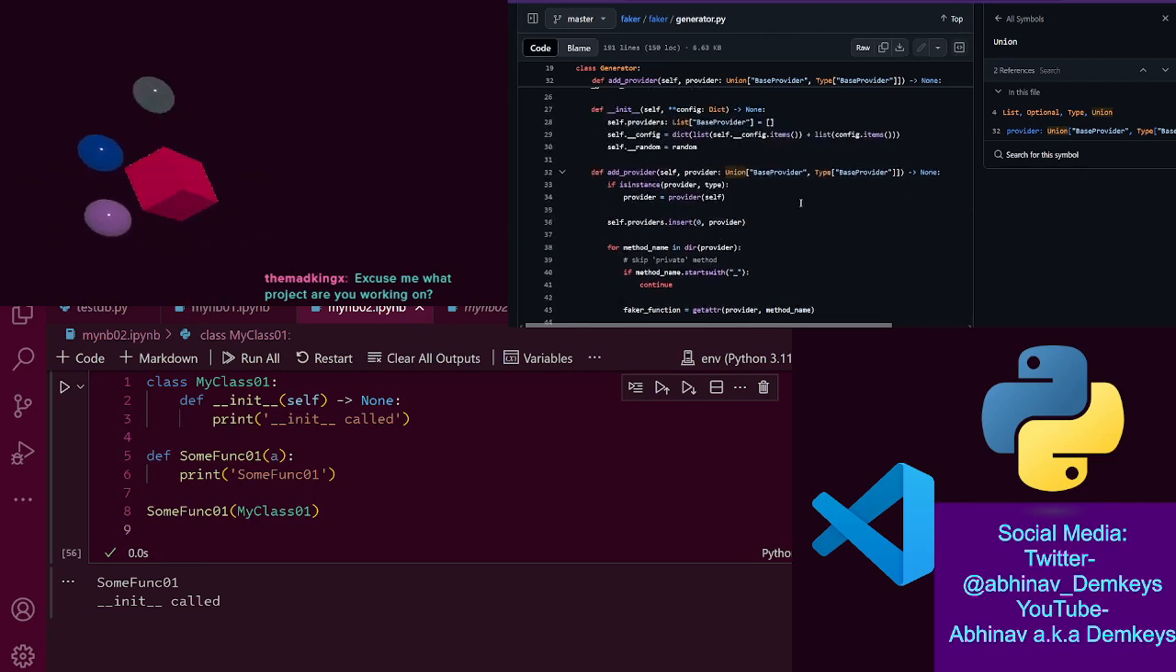this can return a base provider type. I'm not sure why type is here. So I think this might be the syntax for union. Let me just open that up. There's a type thing somewhere here. Okay, so there's typing.union and there's typing.type. Where's typing.type? Okay, anyways,